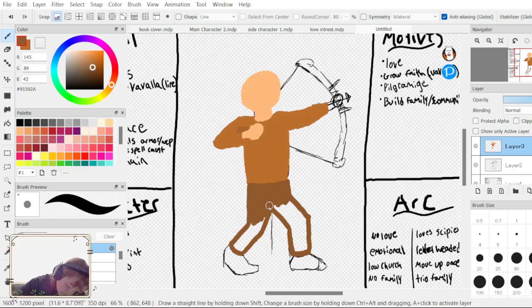I think this is a good foundation to build off of, though. We'll add another layer for the armor. Maybe a side pouch for the mace. Do some shiny black boots.